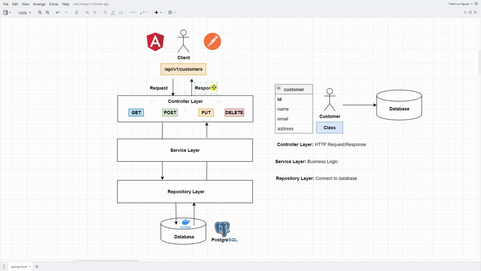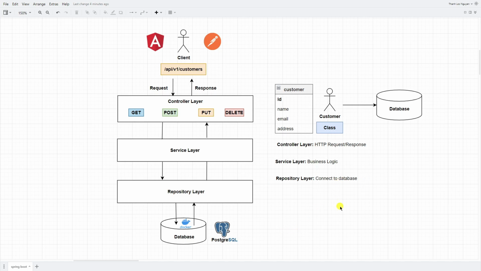The request goes through the controller, service, and also repository to interact with a real database, Postgres running on Docker. Basically, this is how to build a Spring Boot application in the real world.